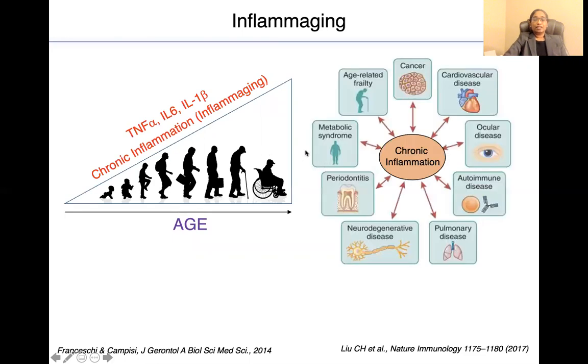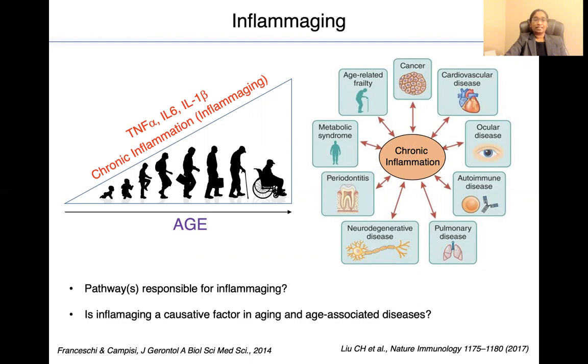With increase in age, there will be increase in the development of several age-associated diseases such as cancer, neurodegenerative disease, metabolic diseases, and it's interesting to note that all these age-associated diseases also show a chronic inflammatory phenotype. So there is a strong association between aging, inflammation, and age-related diseases. However, we don't know what are the pathways that are responsible for inflammaging, and is inflammaging a causative factor in